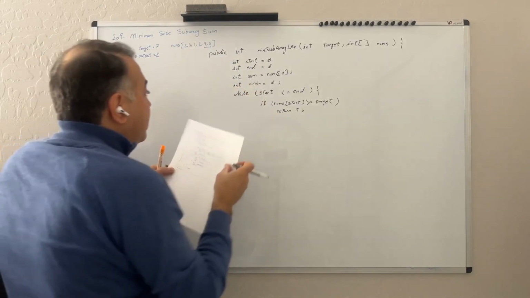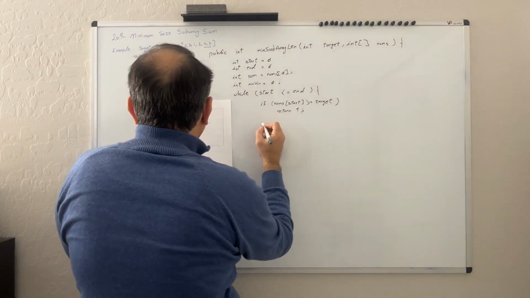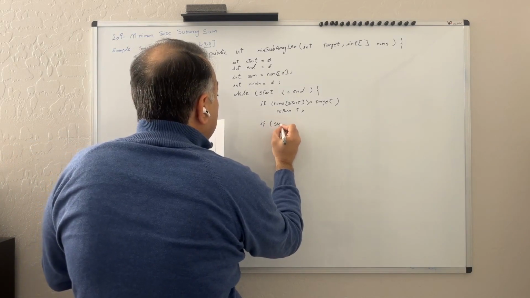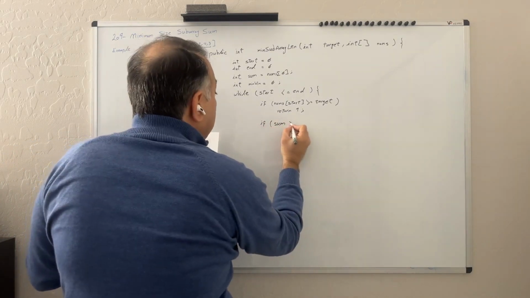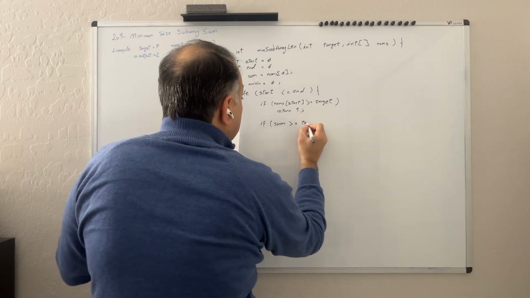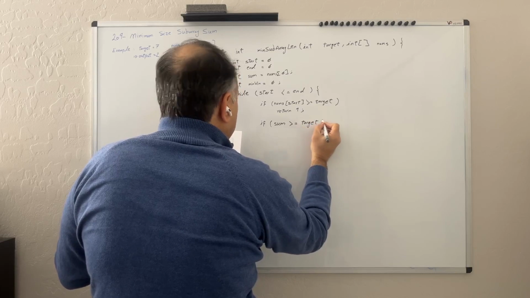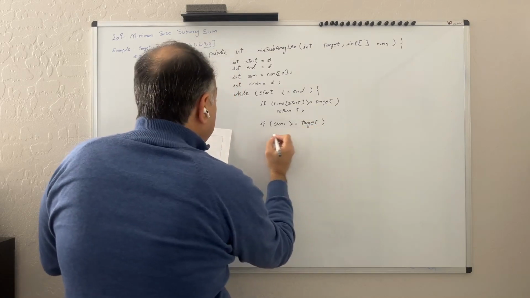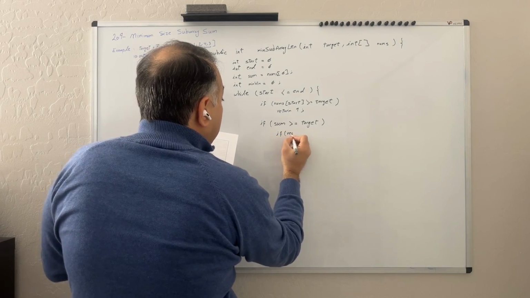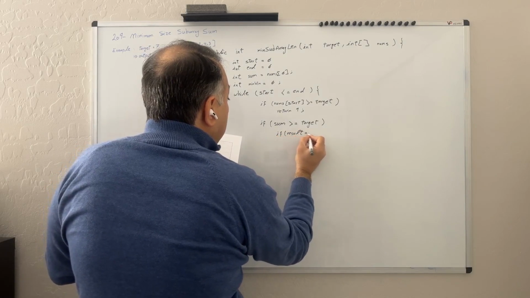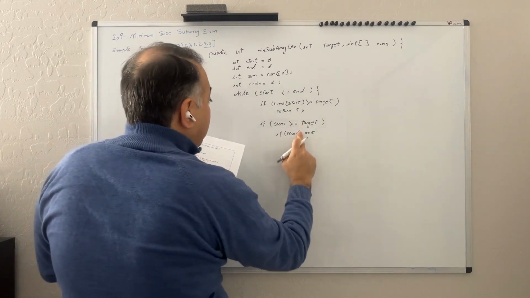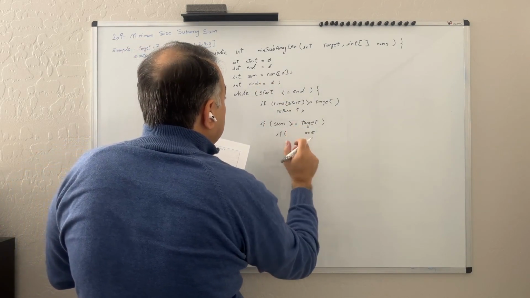In the other cases, we need to check if sum is greater or equal than a target. We need to check if result equals 0 because we have started. Okay, sorry, I named it here as a